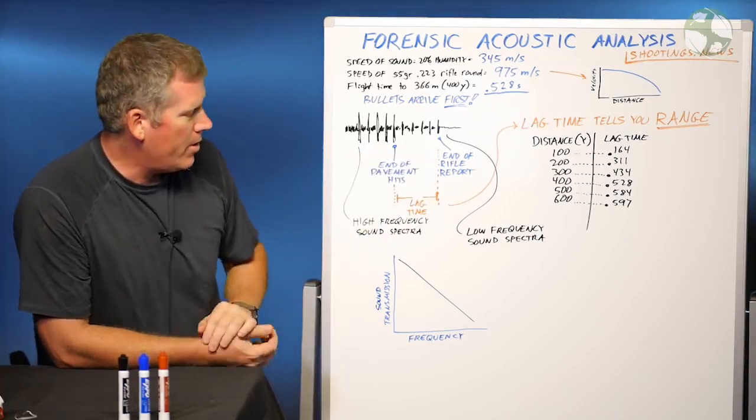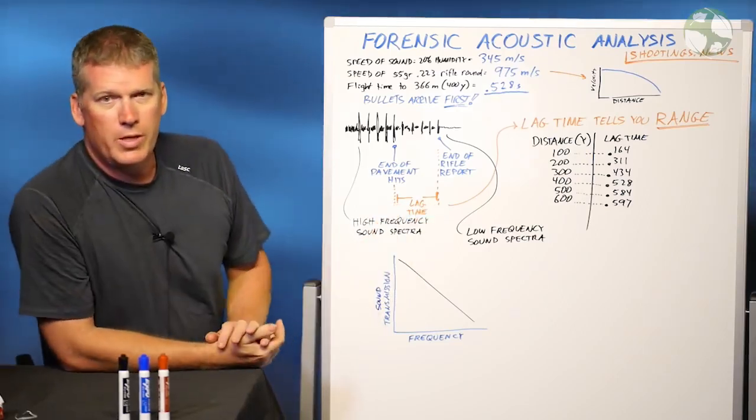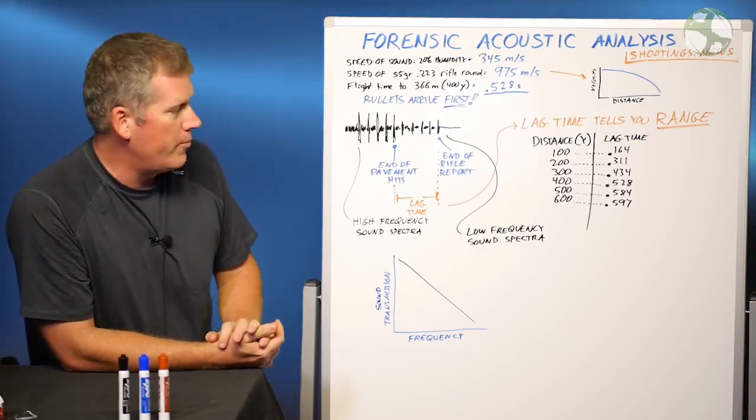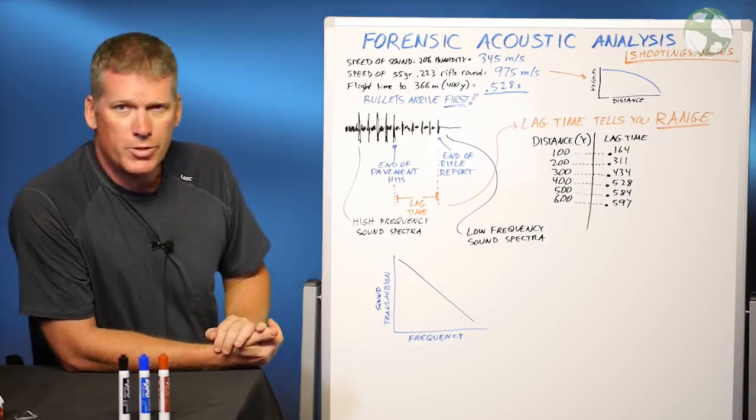What you do is subtract this time code from that time code and you get a gap. I'm calling it the lag time. This lag time might be expressed in a fraction of a second. It might be 0.3, 0.4, 0.5, what have you. What's important to understand is that this lag time, because of the laws of physics and the speed of sound